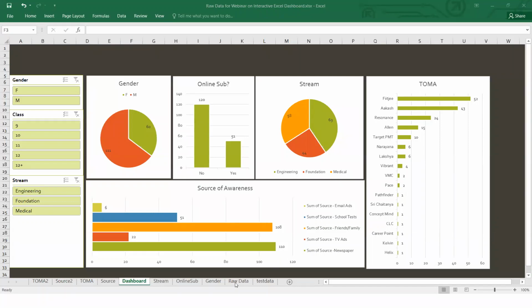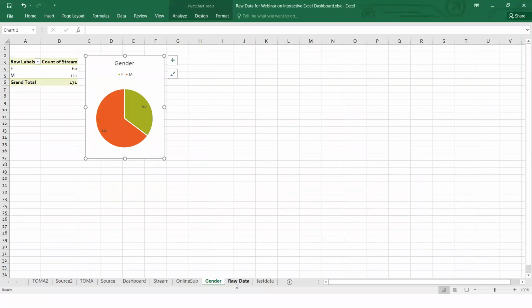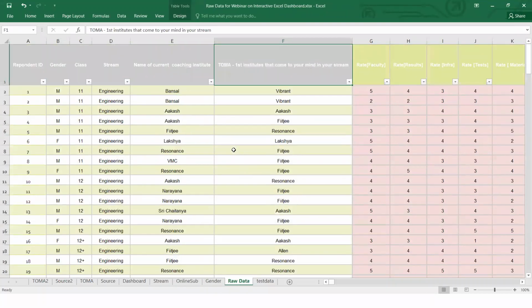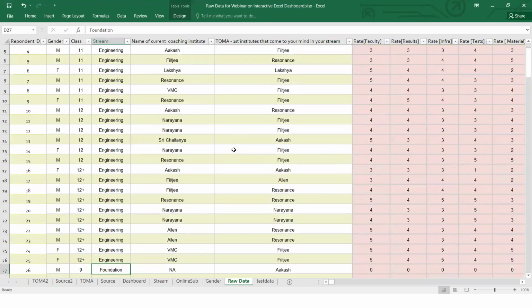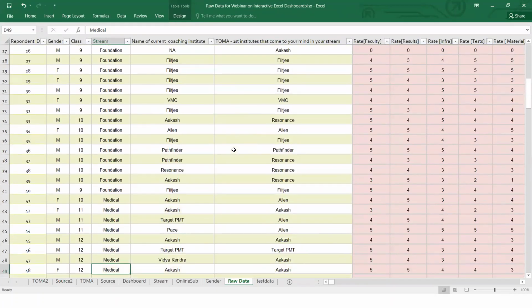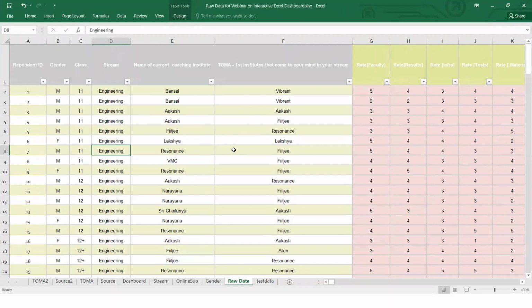Suppose you have qualitative data, like even I had qualitative data, I will show you. So it really depends on what kind of qualitative data you have. Like in the stream part, I have engineering, foundation, and medical, but there are only three words that are appearing again and again.